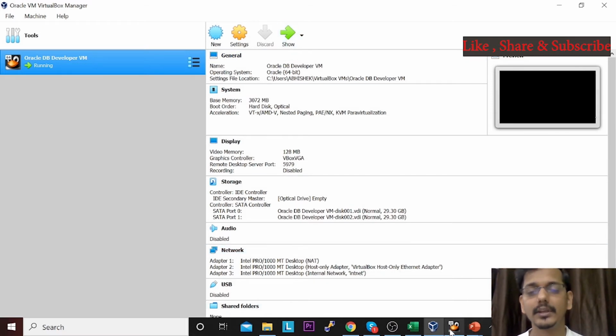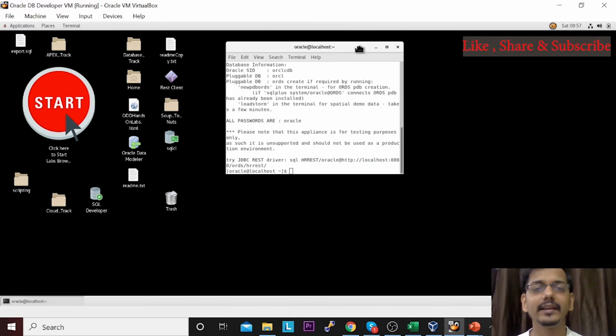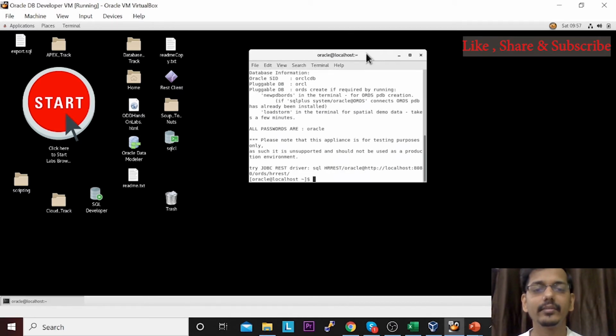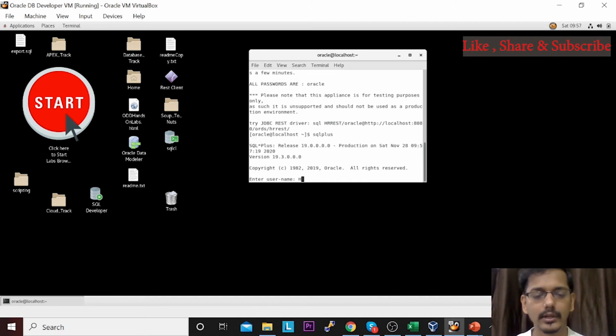Something like this you will get after installation. Everything is getting installed, and here you simply go to your SQL Developer, or in this window you can log in and write your SQL code.